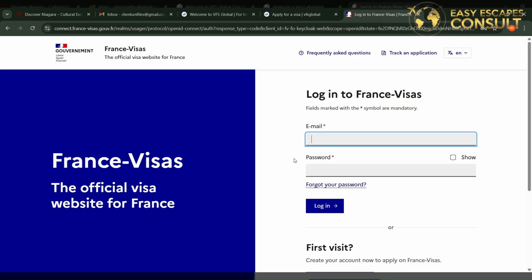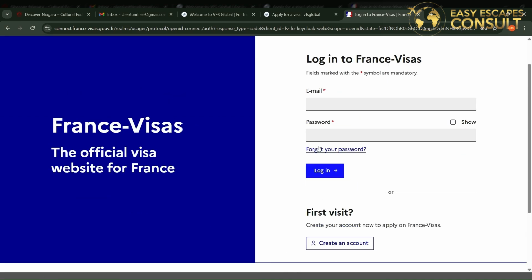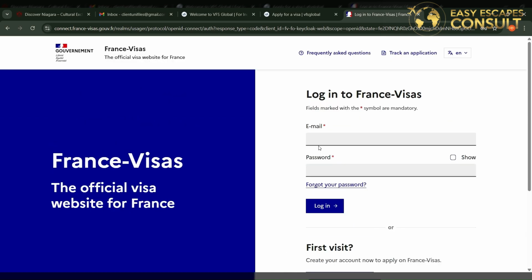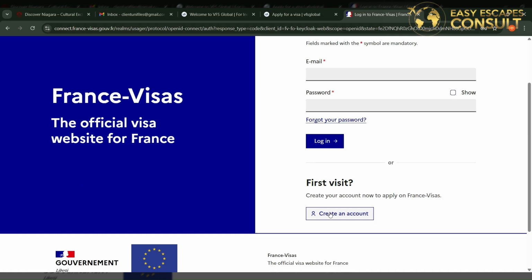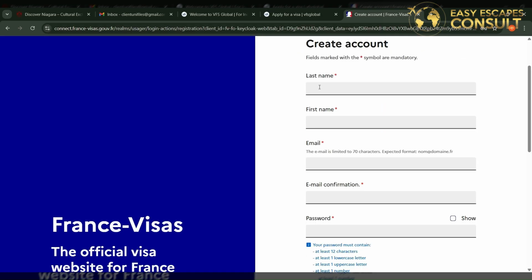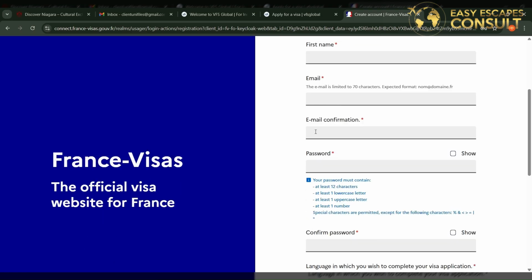Now you are either going to log in or sign up for your account. If you don't have an account for your visa application portal, you are just going to create an account here. You click on create an account, put in your last name, your first name, your email, and you also